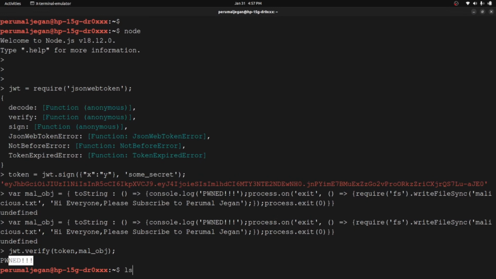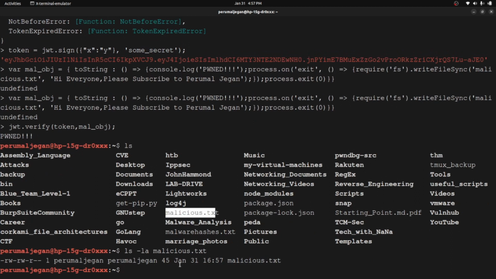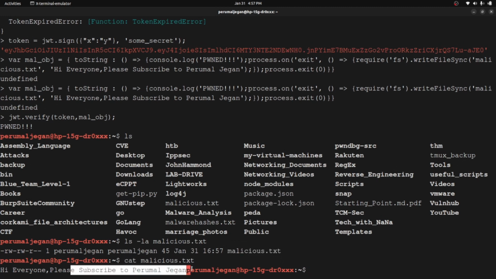I am seeing the current directory. I should be getting the file called malicious.txt. Look at this, ls -la malicious.txt. So let me list that file, and you can see the file creation time is around 4:57 p.m. and that is the time the file has been created. Let's see the content. Yeah, this is the content that I have given into this